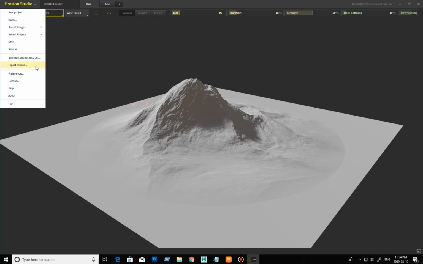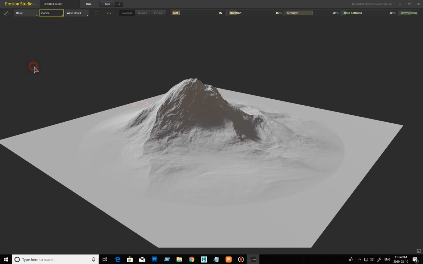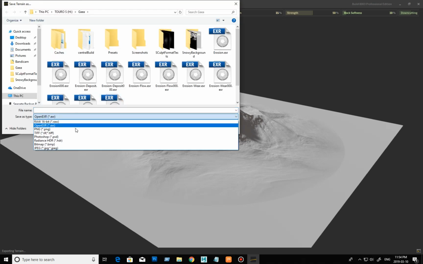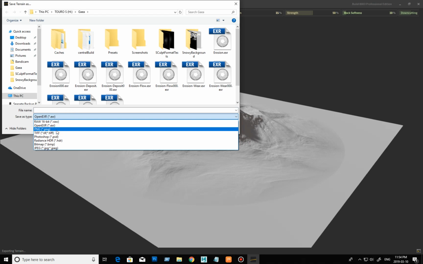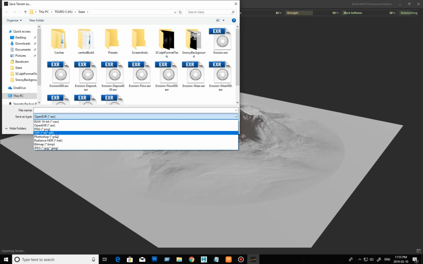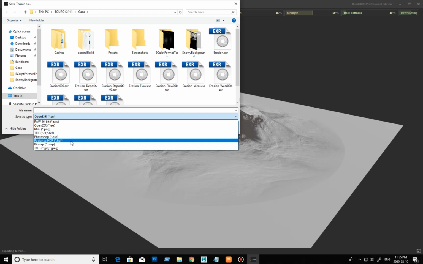The important one here is, of course, to export your terrain. Once you're done, you want to bring it back into Gaea or to another software. You want to export that height map. So export terrain, and my main advice, since it defaults to EXR, don't do that. You can use PNG, you can use TIFF, and I believe HDR works just fine. So those three